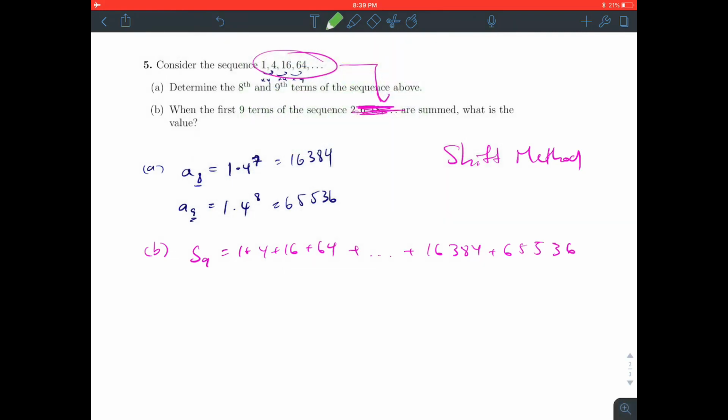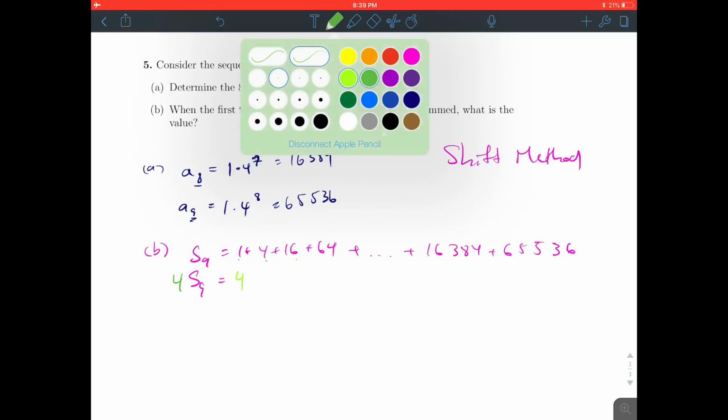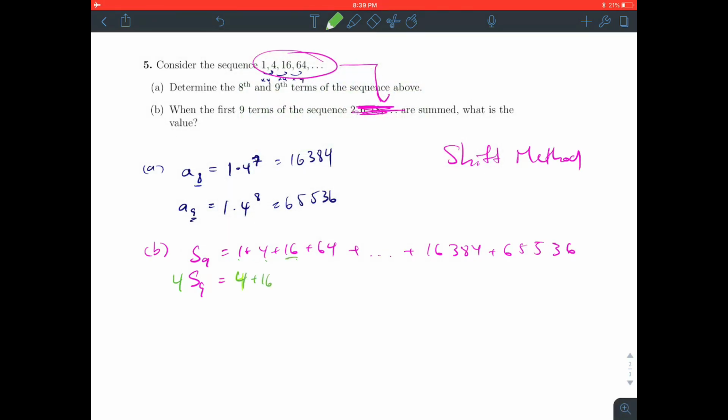So when we shift it, we'll have to turn 1 into 4, 4 into 16, we have to multiply the whole thing by 4. So that will give us 4 s sub 9 equals 4 times 1 is 4, 4 times 4 is 16, 4 times 16 is 64, 4 times 64 is 256, 4 times this one will give us this one, 4 times this one, back to the calculator on the phone. Man, I wish there were smaller numbers here. 262144. So, because we have so many common terms, 4 and 4 here, to cancel these out, we have to